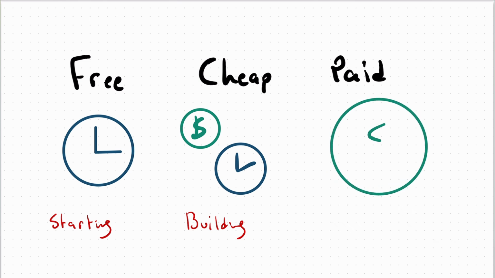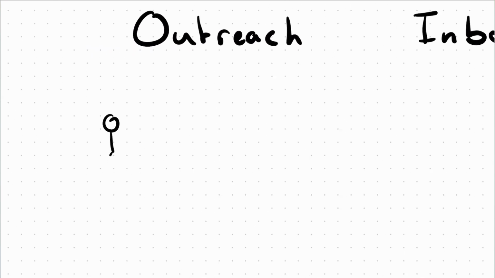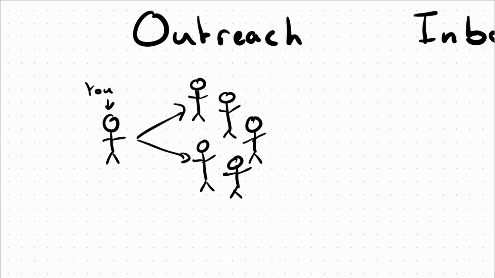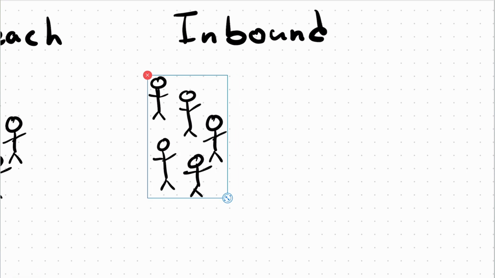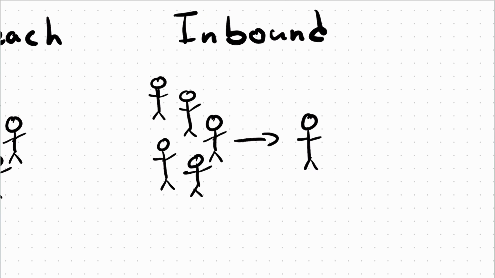Now, as for paid, these are the most scalable parts of your company. It's literally just taking the output, putting it right back into the company, into the input side, and then profiting on some of the difference. We have outreach and we have inbound. So either you're going out to people or you're telling other people to go to other people. And then there's inbound, which is kind of misleading, but it's essentially creating an environment where if somebody sees your company, so they wouldn't be looking for your company, that's different, if somebody just sees your company, they would want to work with you instead of somebody else.